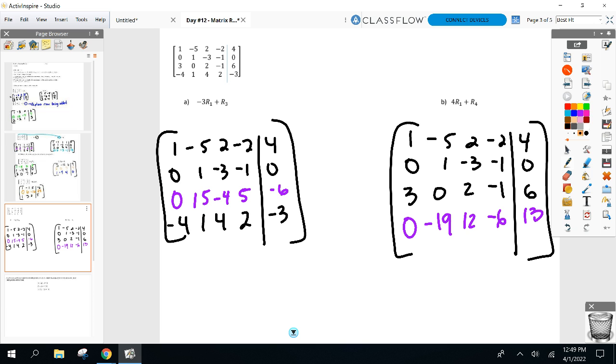If you just do 4 times the first row and then just look at the bottom row and just add it. It takes me a minute to wrap my head around it. Like, I understand it completely. Any numbers don't match up. Maybe